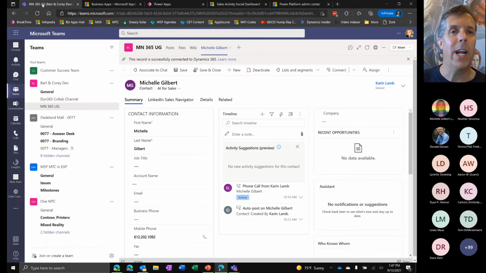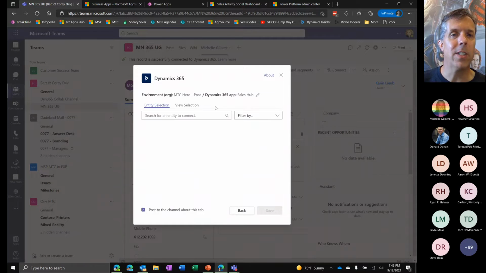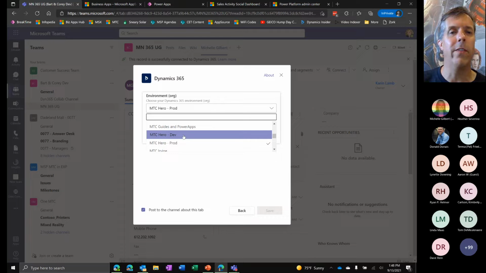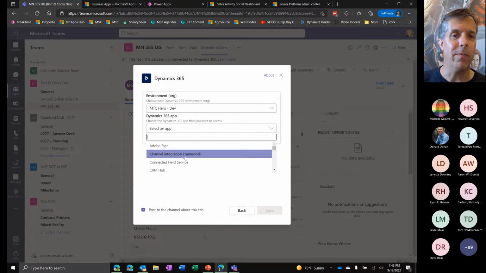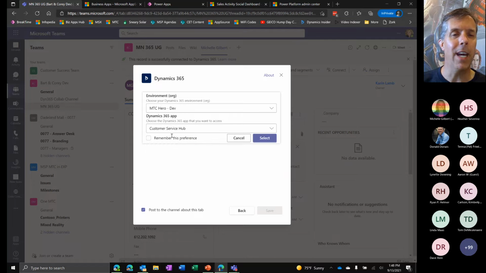Got it. Thank you. So when I was back over here, as a user, I can always click on this, and even though it's going to default to that one, I can always click this and switch to a different environment if I wanted to grab one out of dev and collaborate on something coming from the customer service hub in my dev instance.